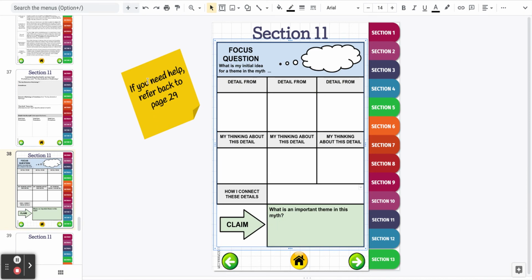So on this page, if you need help, you can refer back to page 29 where we did these earlier with Cronus. And then I have a blank on page 30, but this is the area you're going to start building. So you're going to fill out these graphic organizers to help your thinking about how you're going to be writing your analytical essay on Prometheus. When you are done, I want you to submit your interactive notebook to Canvas for feedback from your instructor.